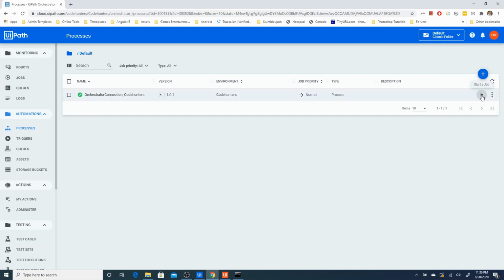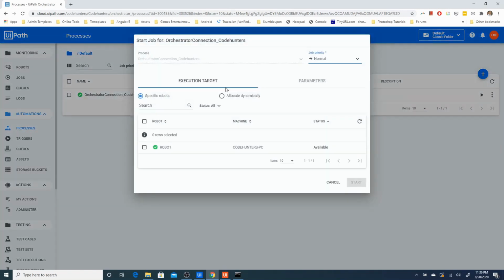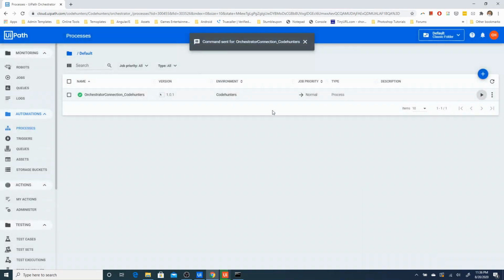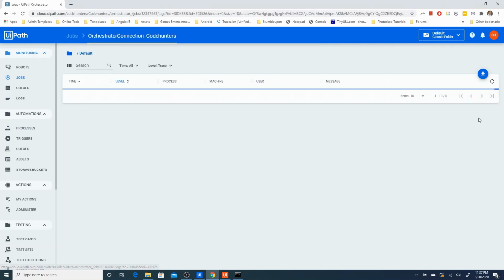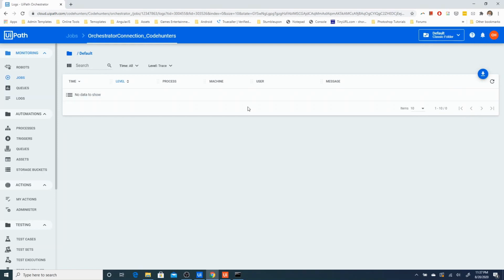So let's click on this, so it will bring up robo 1 which is available, and I can click on the start button. As soon as I click on start, you can see the command sent from the orchestrator. So now this is running from the orchestrator. Now if I go to my jobs, I can see this has been completed successfully, and as I don't have any logs in it, I cannot see any log.